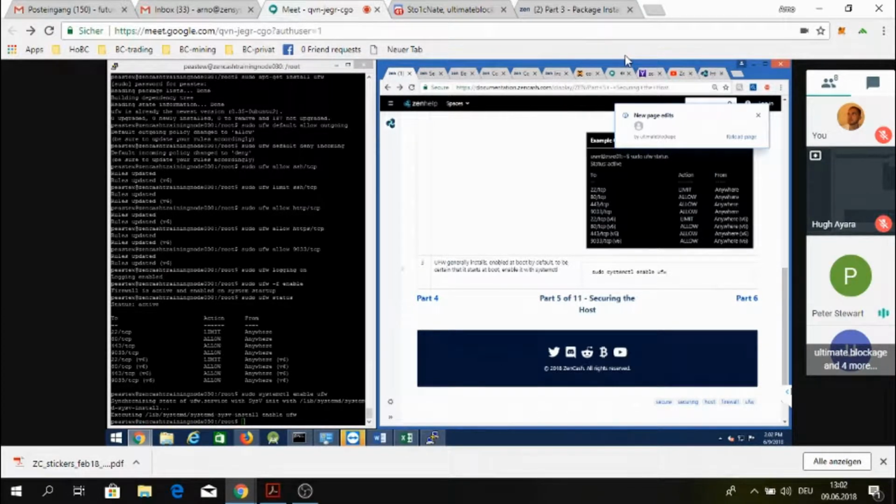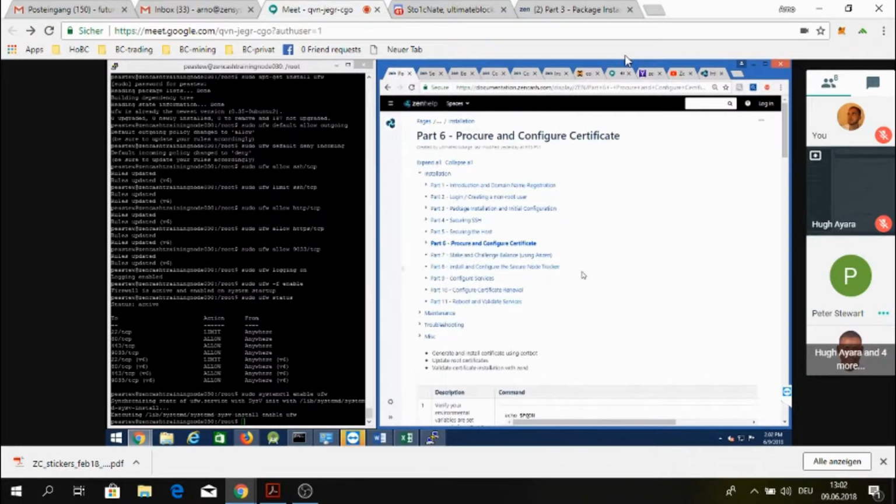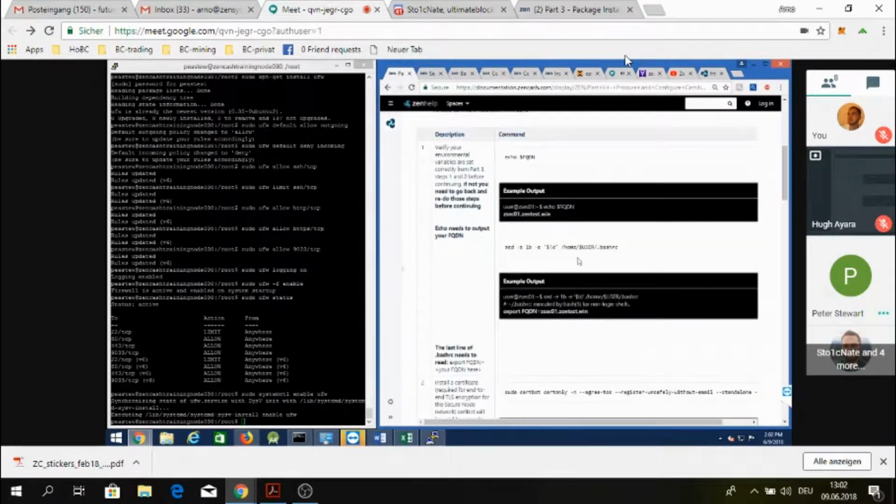Yep. So we're going to move on to part 6. So this is a very important part of the whole process. This is what makes a node secure. So we're going to be getting a free SSL certificate